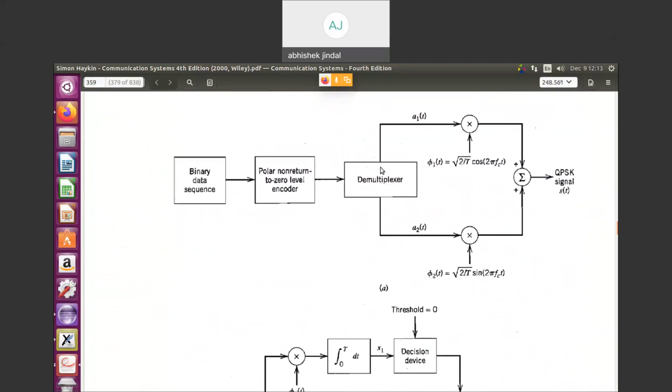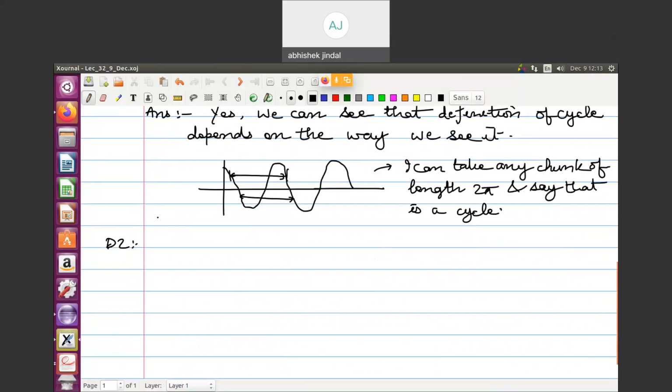Yes. So we are now very much clear that this T is 2 TB. You must remember this T is 2 TB. Let me tell you, in QPSK, symbol time T is equal to twice of TB. Why? Because you are taking two bits together to represent one symbol. Okay. So two bits are coming sequentially, with each bit taking